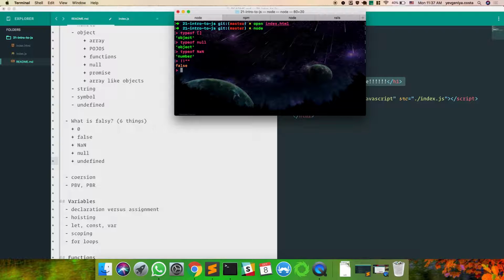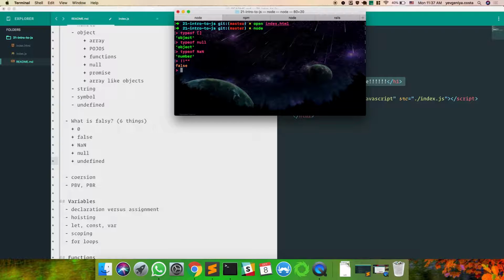Is an empty array falsy in JavaScript? How do you find out if an array is actually empty in JavaScript? How do you do it in Ruby? JavaScript doesn't do that.